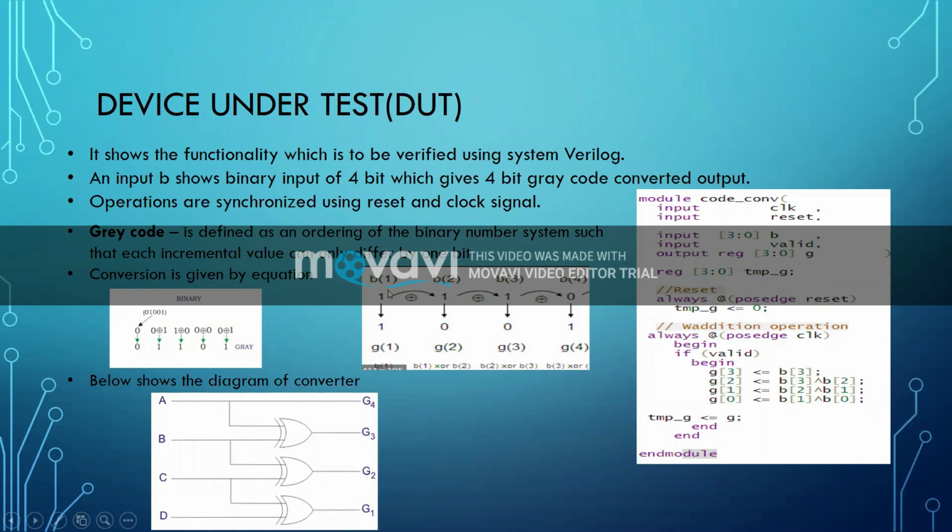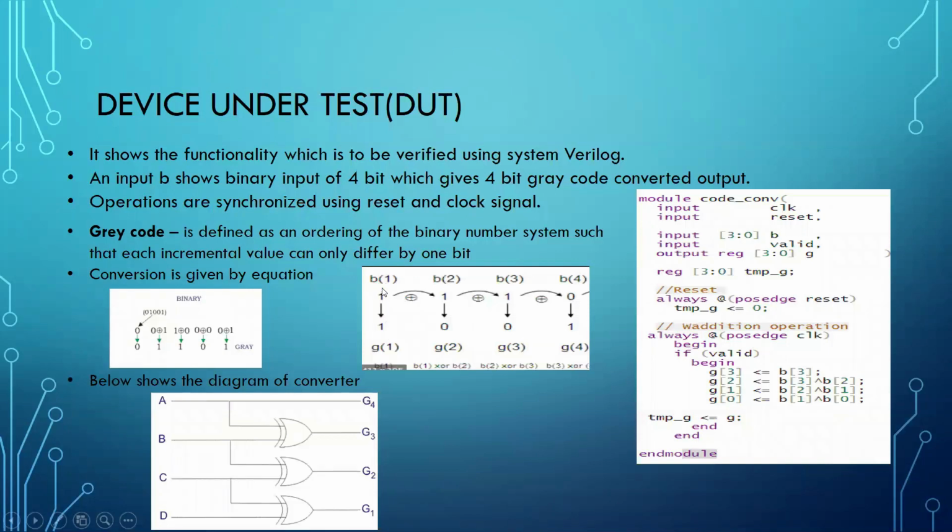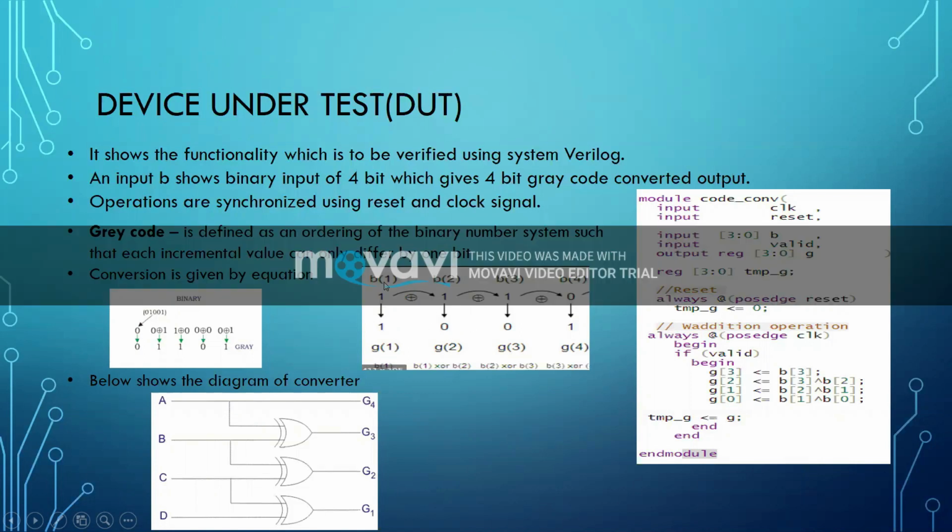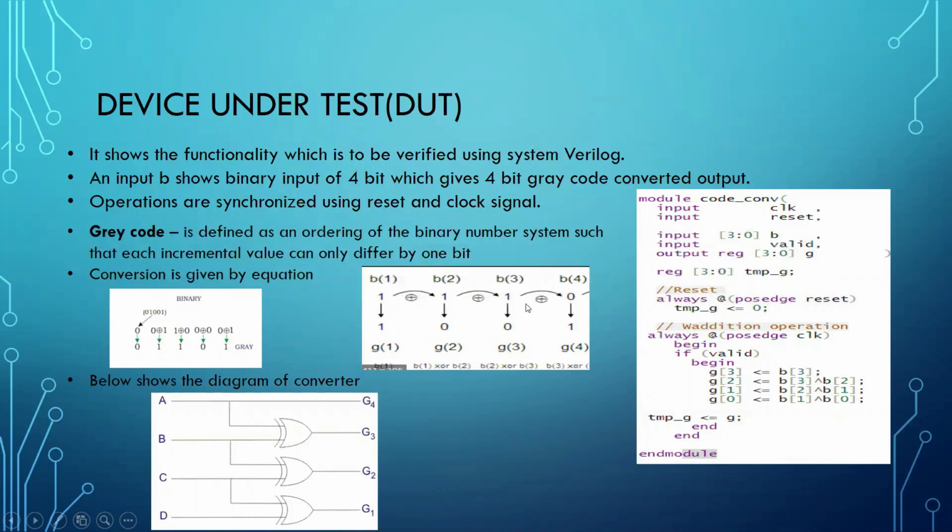To convert a binary to gray code, the most significant bit is directly taken to get the gray most significant bit, and the next bits are found by an XOR operation. The first bit of the binary will be XORed with the next significant bit, and we will get the next significant gray bit. Likewise, this functionality will be continued until we get the entire gray code.